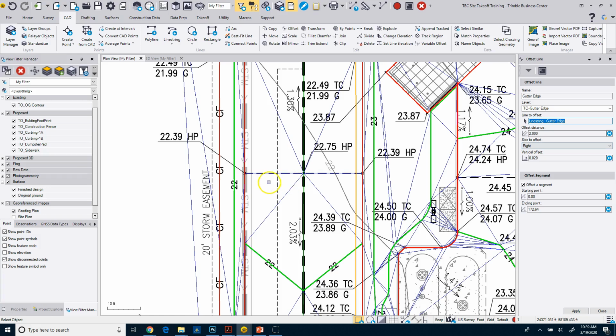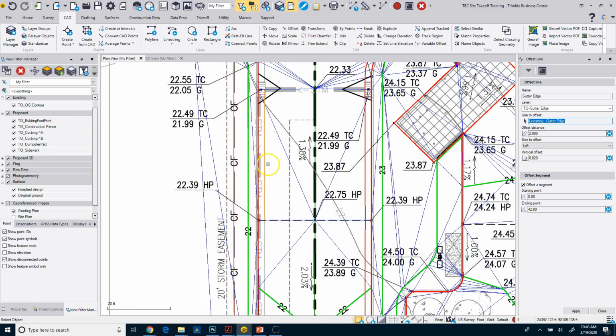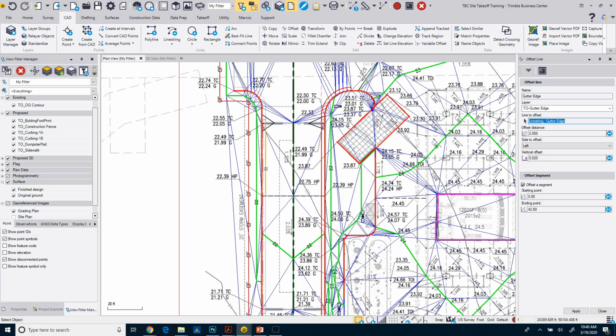Now I can do the same thing. I can pick my cursors up here in line to offset. So I'm going to come in here and pick the top of curb. I'm going to keep everything the same except this side is going to be the left. So I just set my cursor here, click there, and then click apply. And now I've got that line offset. And actually I didn't pick the full, looks like I picked the wrong line. So let me come in here and